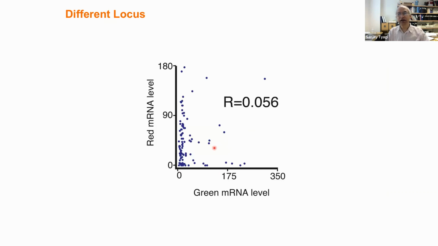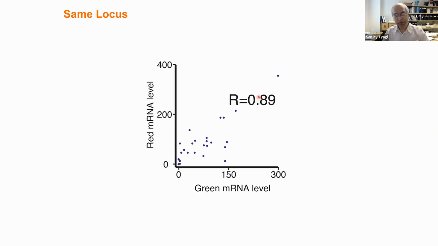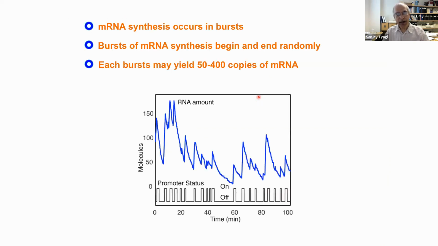It's true statistically when you look at many cells, they either make red or green RNA. Rarely they make both. But when the 2 genes were next to each other, the RNAs were produced in a coherent manner. The cells, if it made green, it also made red. And statistically, that is true. So basically, he developed a mathematical model. And the model was that